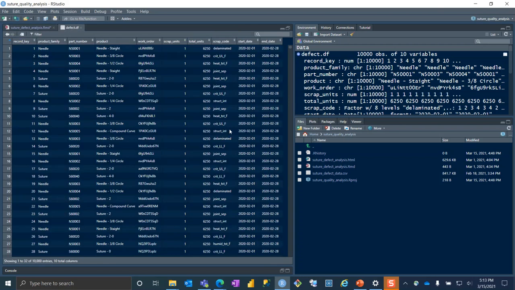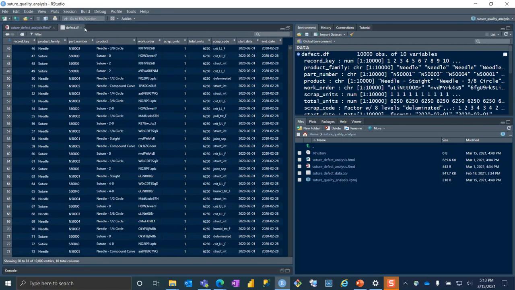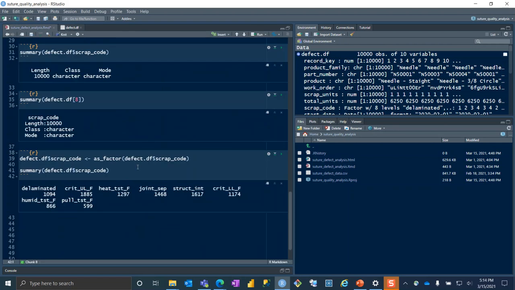If we were to come back to our raw data and start to look at the scrap code, you can see that there's all these different scrap code types. When we pass this column to the asFactor function, it is counting the number of times that a given value occurs and coding it as a type. So instead of just saying, I've got some text, this is saying, I have 1,094 occurrences of the delaminated text,